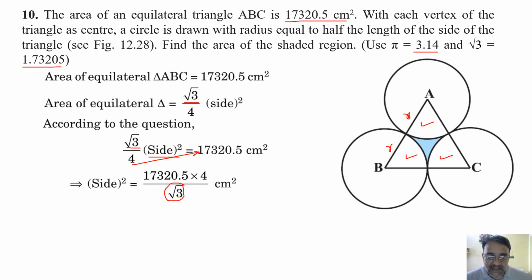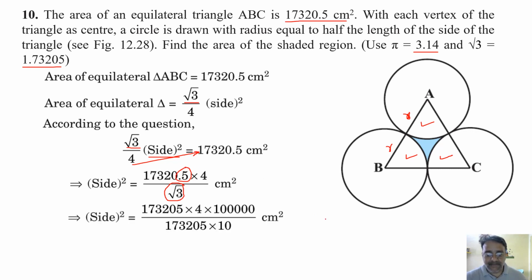So what we will do, we will multiply divide by 1 lakh, right? 5 zeros. And here one decimal is given, so we'll multiply divide by 10. So if you do, you will get this step. ये वाला step clear है तो आगे बढ़ेंगे. Yes, sir. देखो इसका डेसिमल निकाले तो यहाँ पे 10 आ गया और रूट 3 का जो डेसिमल है वो निकाले तो यहाँ पे 1 लाख आ गया. This is clear?